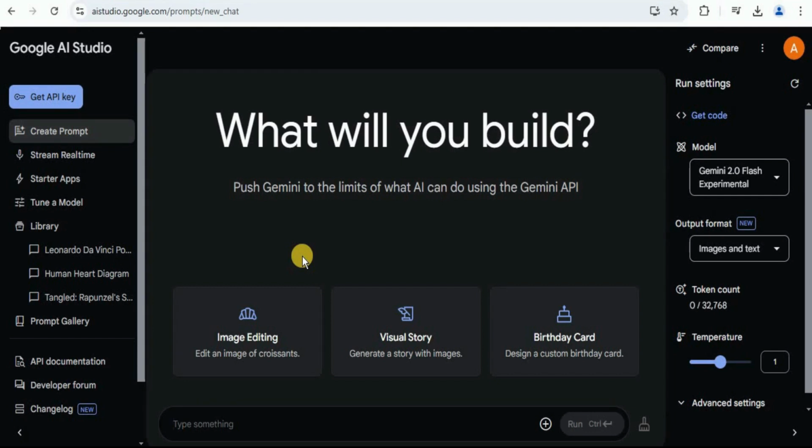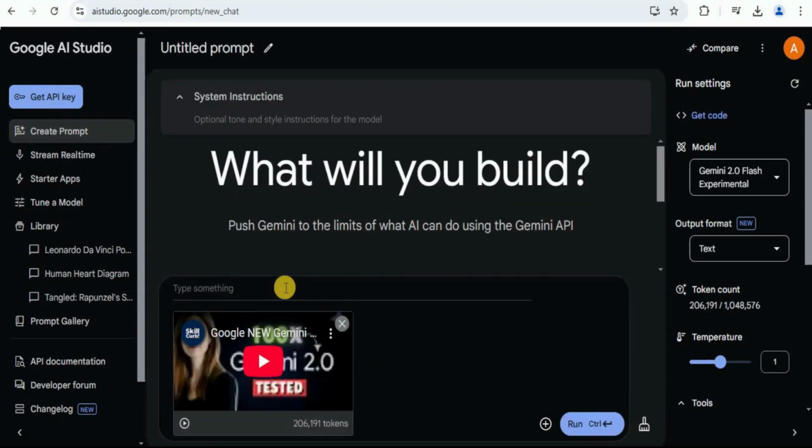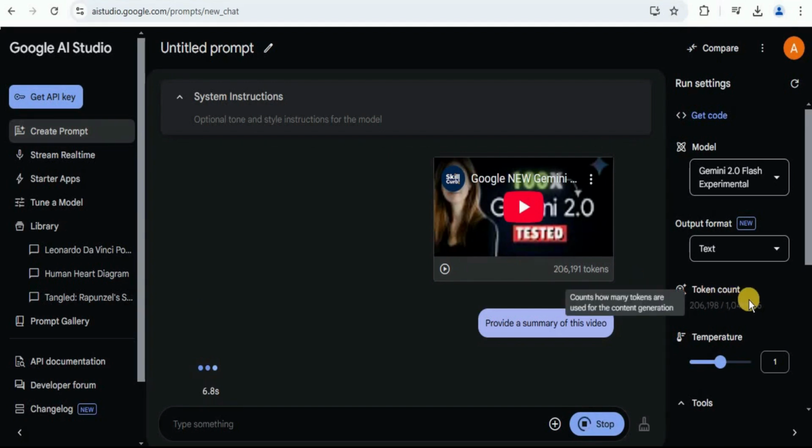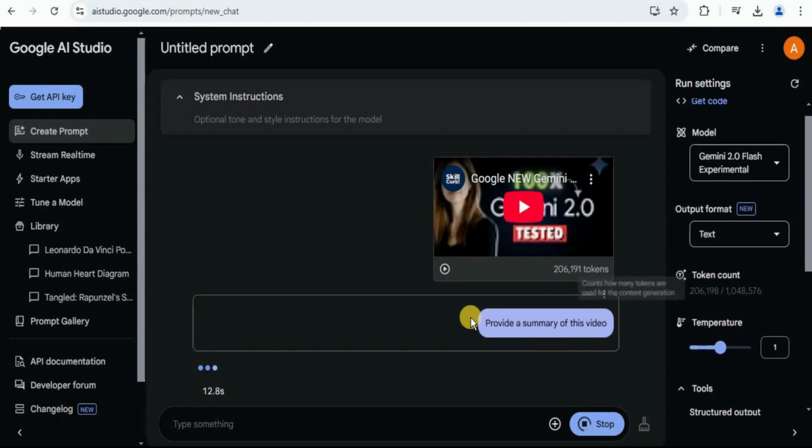Since I've already mentioned that it is multimodal, in addition to generating the images and playing around with the images, it can also take audios and videos as an input and can provide you information about that too. So here I'm gonna provide it a YouTube video by pasting the link of the video, and I'm gonna ask it to provide a summary of this video. And you can see that even though the video is really long, because of the large context length of the Gemini models, it will still take this as an input and will provide us the response.